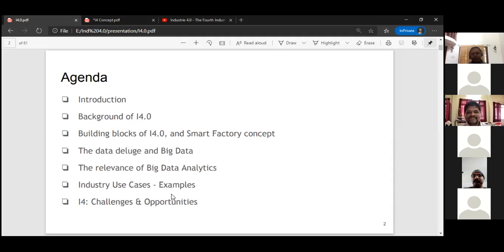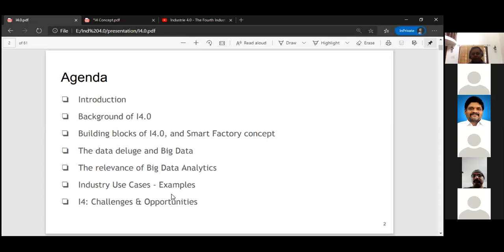And then, since the major part of it is to deal with analytics, and analytics is going to be one of the main drivers, or rather one of the compelling drivers for Industry 4.0 and one of the consequences thereof, I'll be talking about big data and the relevance of big data analytics. And I will also take some classical use cases. There are many opportunities that barely scratch the surface, but there are already some fairly relevant use cases available, like